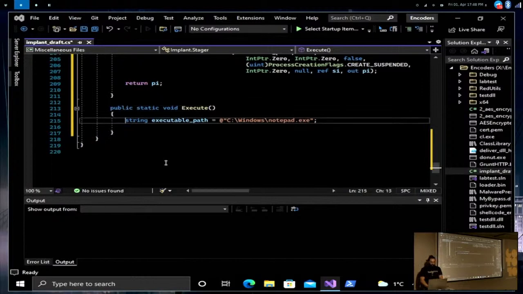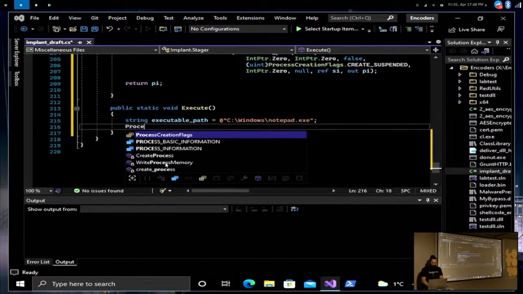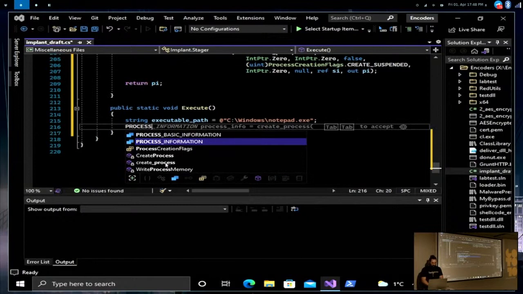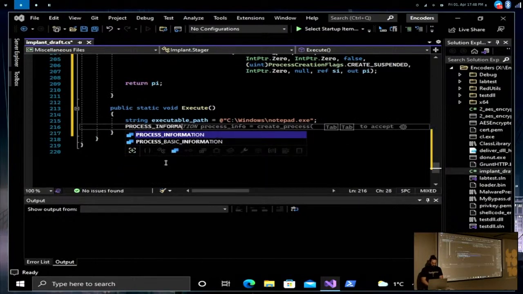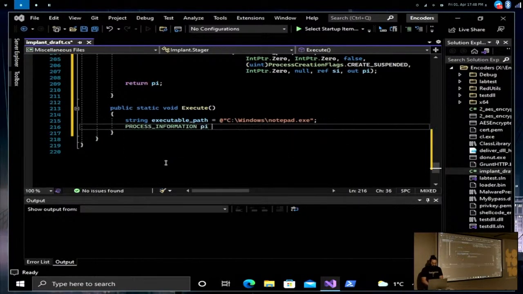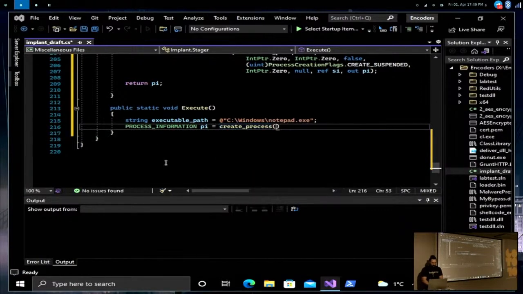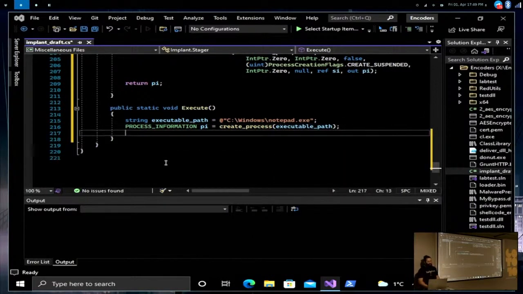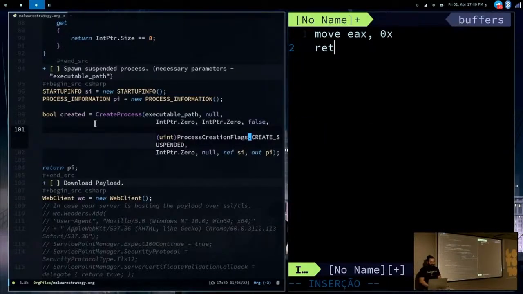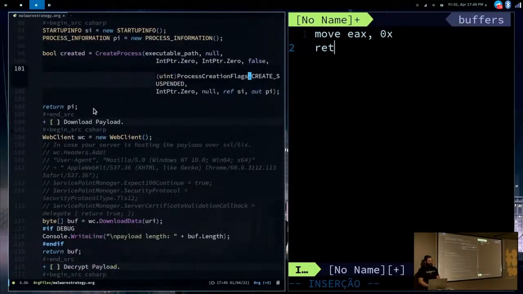We go there, and here we can just do process information pi, and then create process and pass the executable path. Right? This is step by step according to what we need to do. Once we create the process, what's the next step? So this is important. As I said, we want to avoid at all costs anything that will be in the